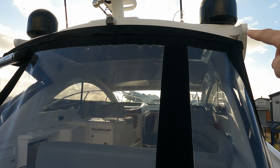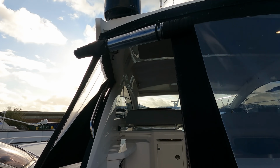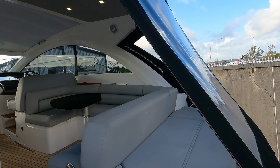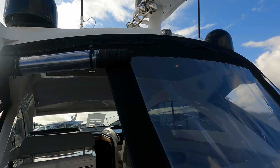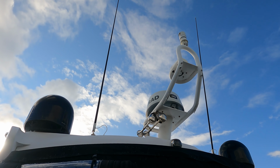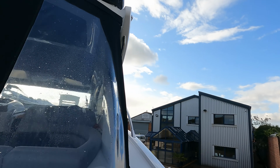We've got a custom extended little bimini top on the aft end here, just to give a bit better headroom here onto the back seat for dining. That was a custom for this owner. We've got black dummy domes up top, painted secondary VHF aerial up there to match in as well. If we just climb up on the side decks here,